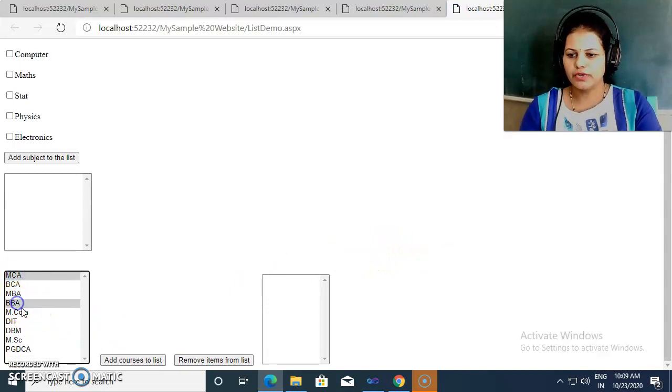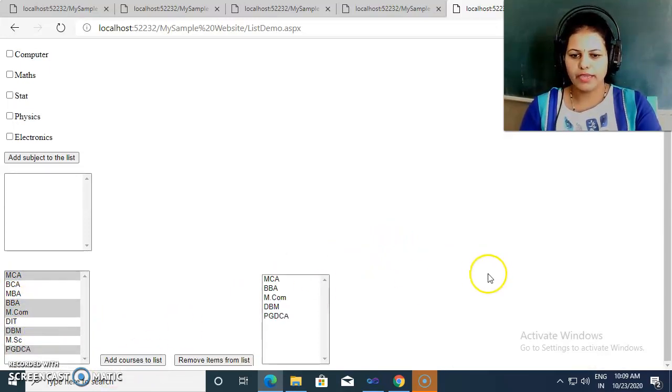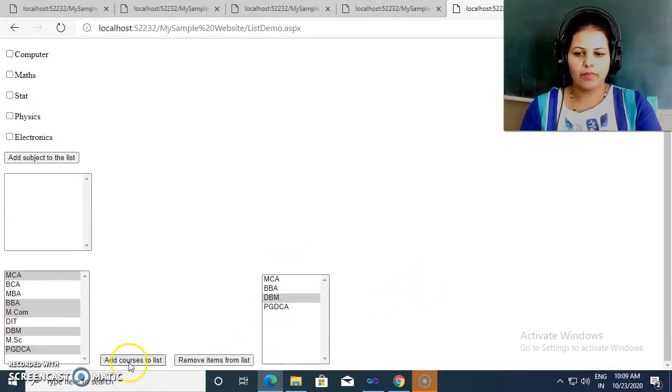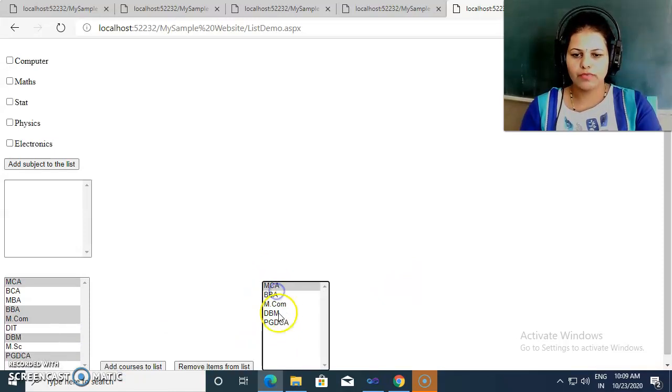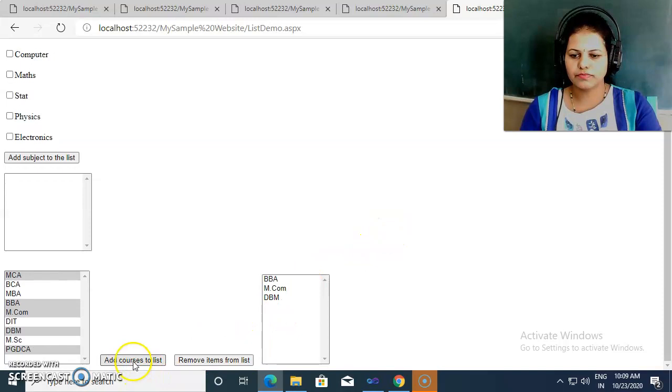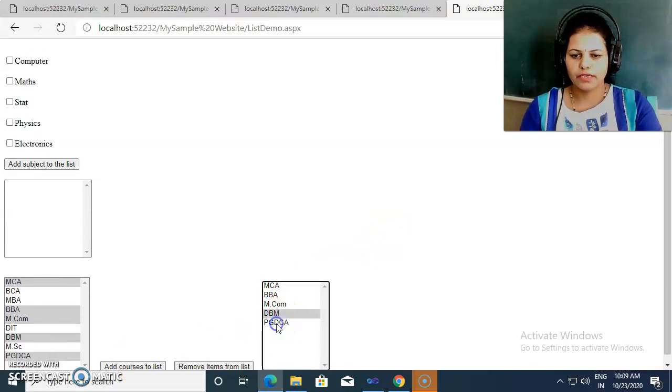Now first we need to add and then we may remove. I'm adding some items. Then if I delete BB and DBM, then what happens? See, there is a problem. Sometimes our logic is correct, but sometimes it is not correct.